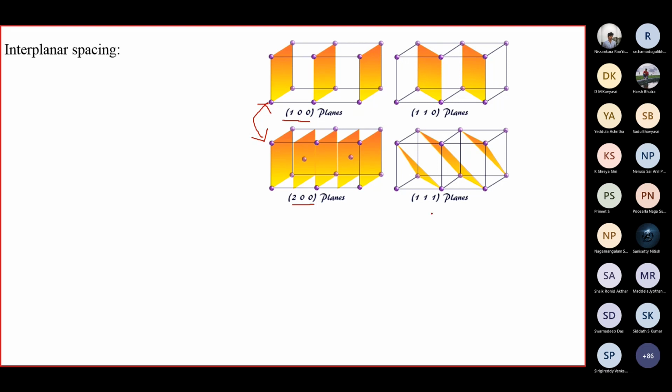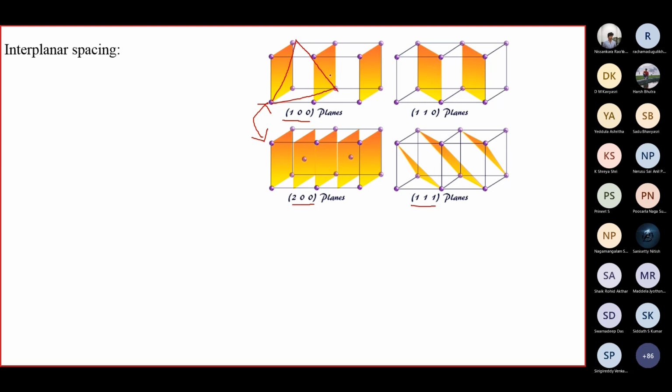Then here we have the 111 plane. If this is the origin, this one, and this one, these three are put together to form a plane. And then go on repeating that plane at equal intervals. You will get the same structure. So we get the same simple cubic by considering different planes. So it is your wish or your convenience to consider any plane to describe simple cubic.